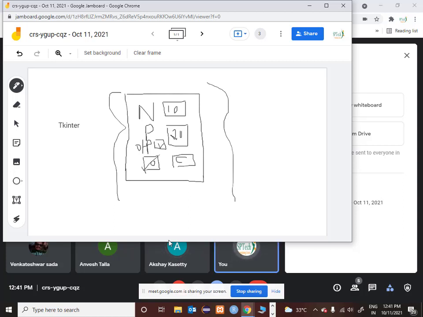So this is Windows programming actually. What you did now with input is a console program. Console program means you are seeing the output on the console, text based. This is totally GUI based, graphical user interface. And if you want to do this, you have to make use of one library called Tkinter. That's a library which helps you to develop graphical user interfaces in Python.